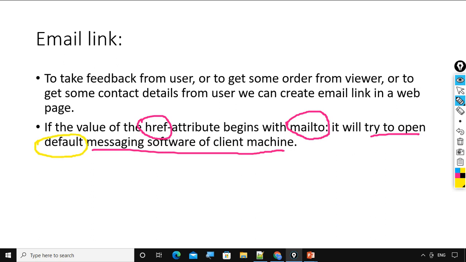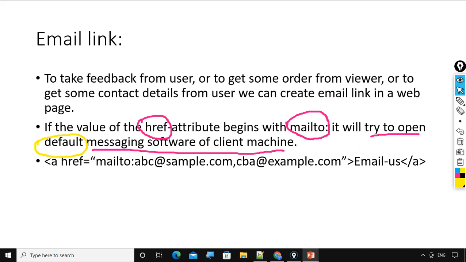If the customer has installed or prepared Outlook as the default messaging software, then mailto will open that particular messaging software of the client machine. So if the value of the href attribute begins with mailto, it will try to open the default messaging software of the client machine. Now let's move on.